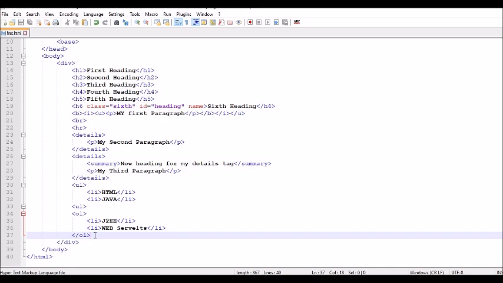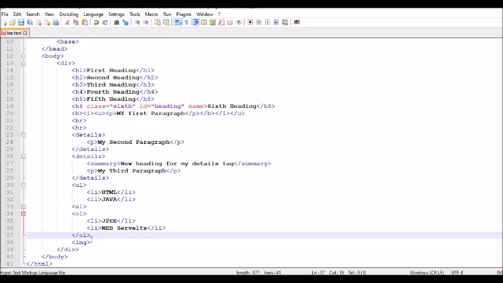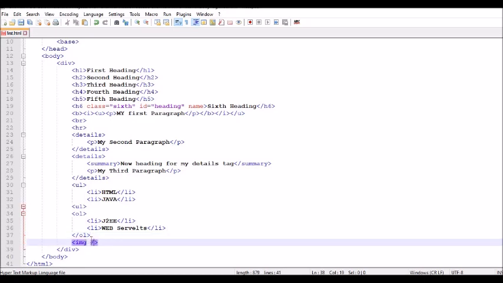Okay, let's see how to add an image in our page, right? For adding an image, the img tag can be used. One thing to note here is the img tag does not have a close tag by default. However, if you want to close this tag, you can simply add a slash at the end of this tag, right? So img is a tag here. It has attributes such as src, which is the image which we are going to use. After that, the second attribute is alt, which is alternative text.